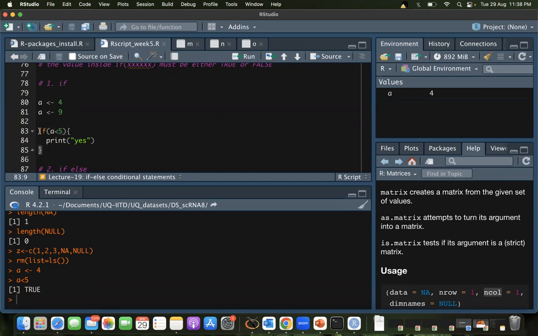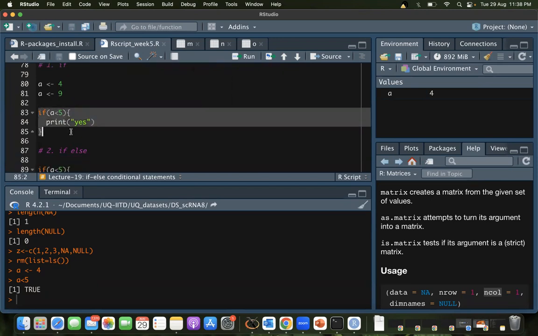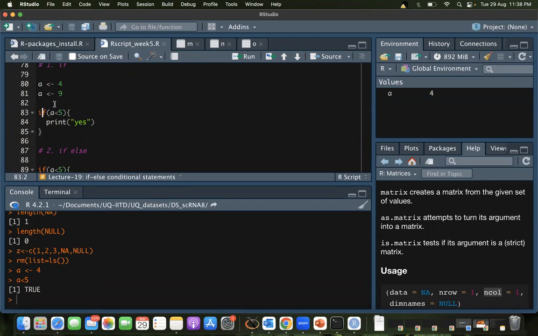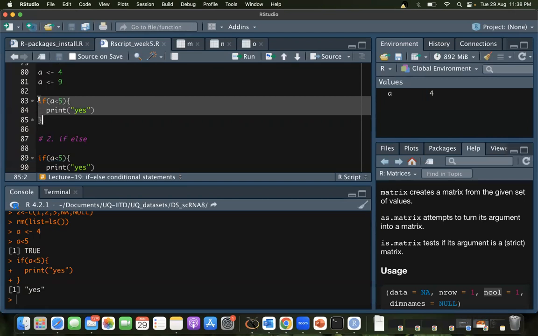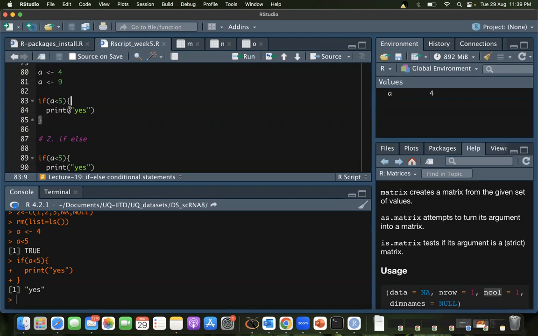Okay, and how are you supposed to run these? You are supposed to select the whole thing. If you're doing it in RStudio like this, you should select the whole thing. You can also run it just at the starting. If my cursor is here and I press Control Enter, you see the whole thing got copied. And you remember some of you had got this plus sign initially when you were starting off with R. So the plus sign indicates that you have a multi-line command and it's a single command. Now you see this whole thing is one thing. It is spread over 3 lines, but this is one thing itself. This is the complete chunk. And this chunk is defined by these curly brackets.